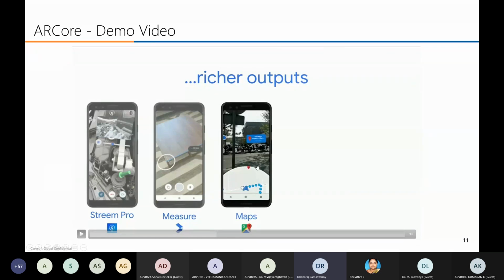They're already using it for measurement, as we have seen. Here we can use it for navigation too. Suppose you are standing in front of any hotel and you want to check the availability of rooms. Directly it will detect the hotel and tell you the navigation, and even the availability of the rooms and all.